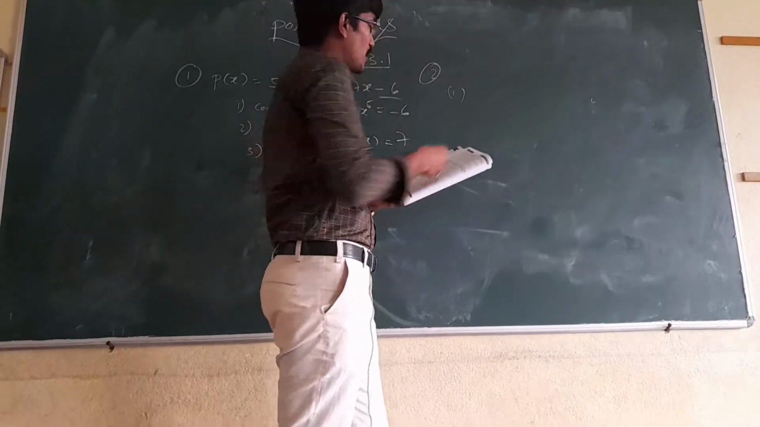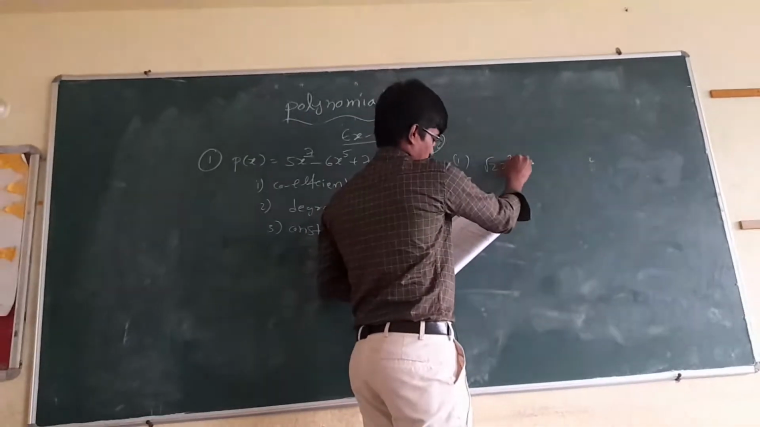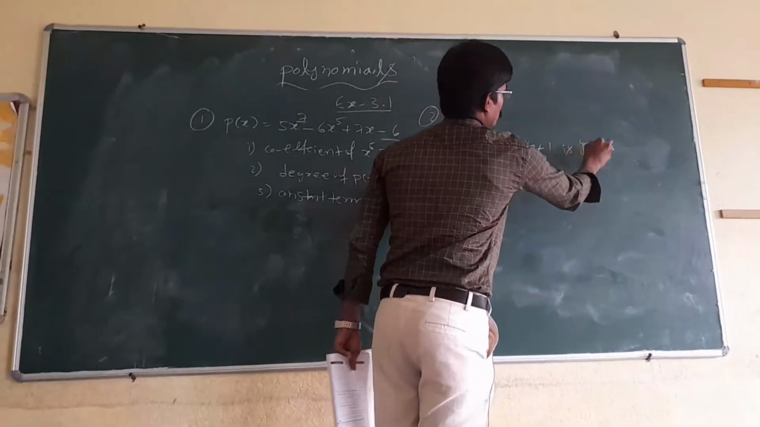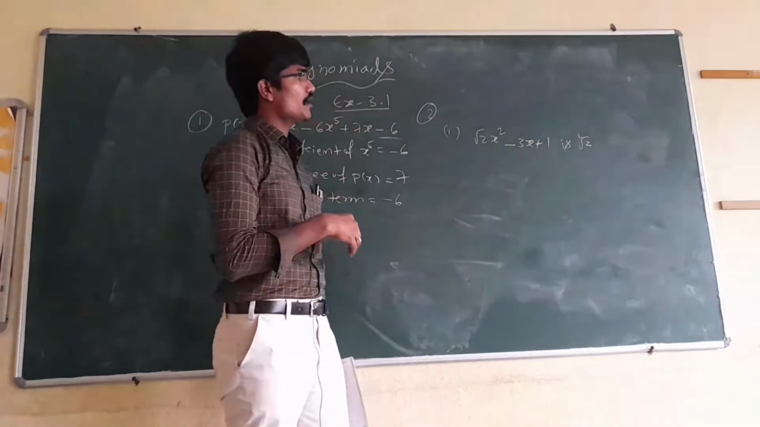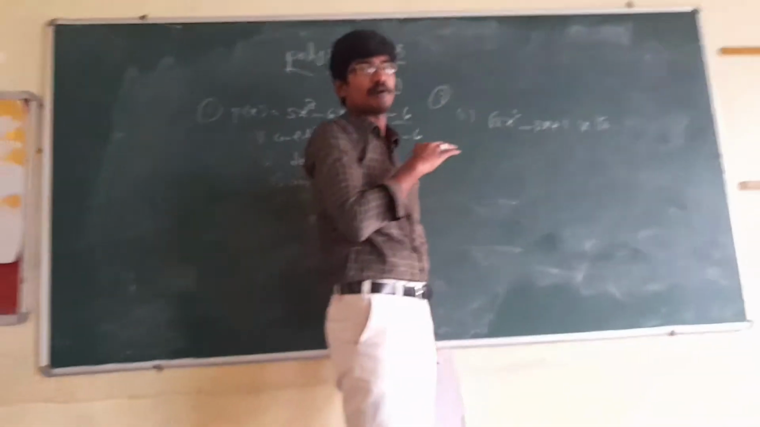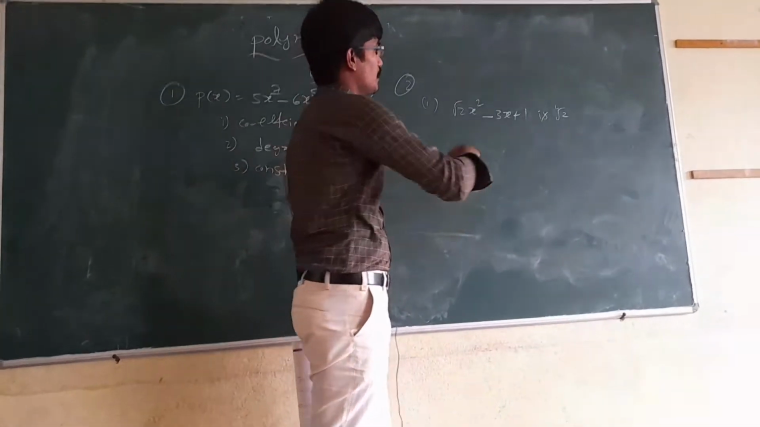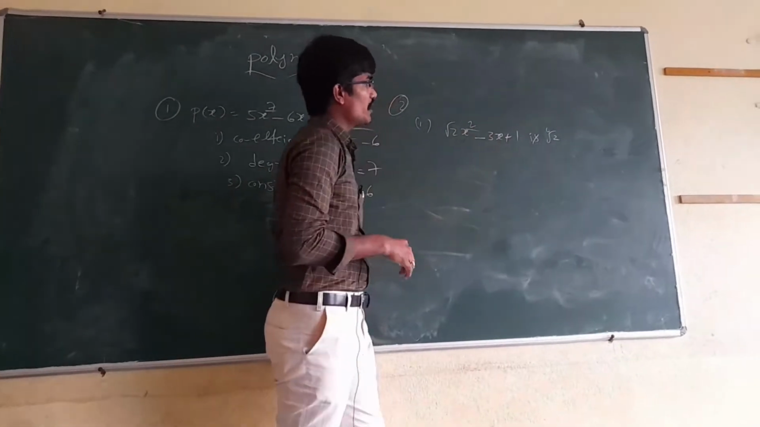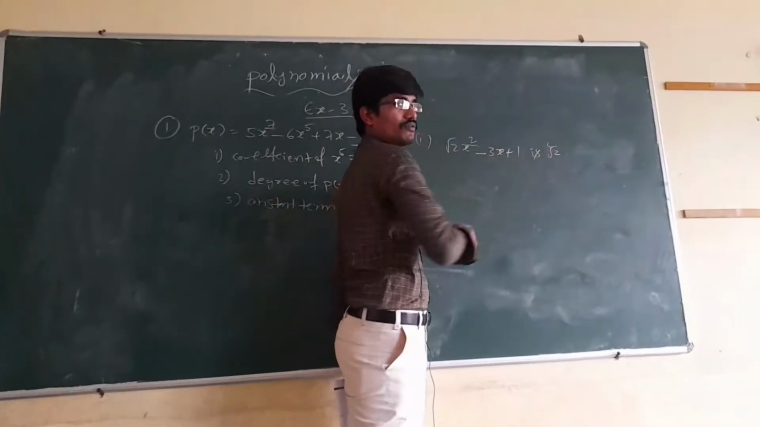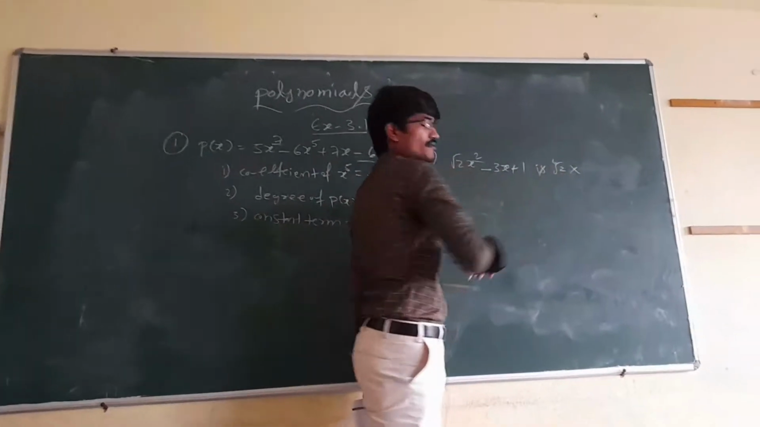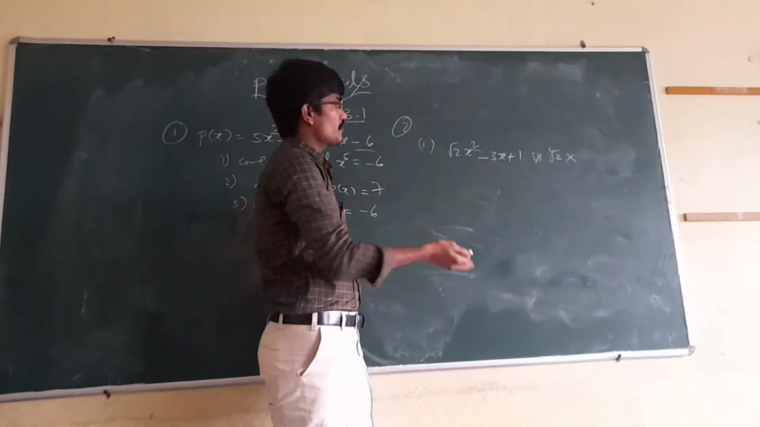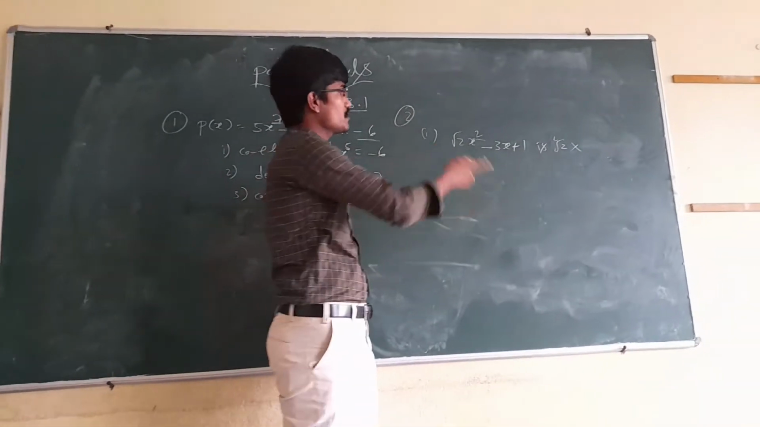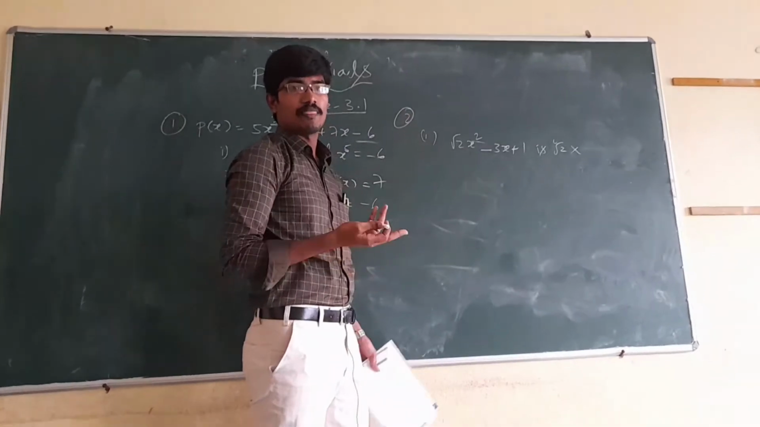The degree of the polynomial root 2 x square minus 3x plus 1 is root 2, they have given. So what is the degree of the polynomial? The highest variable power is the degree of the polynomial. Here the variable is x and x square. Highest variable power is 2. But they have given the degree as root 2. So it is false. Why? Because the highest variable power is 2, the degree is 2, but they are giving root 2. That's why it is not,